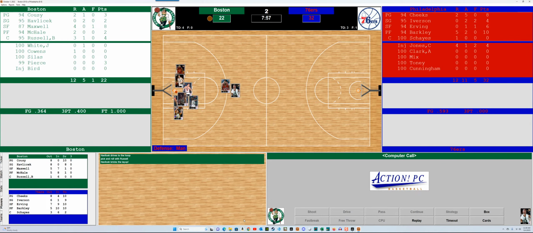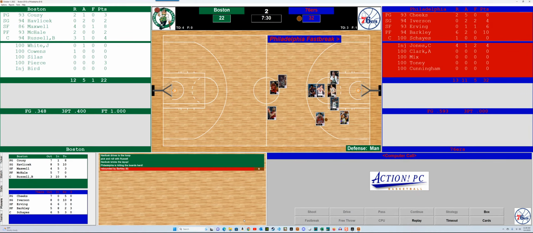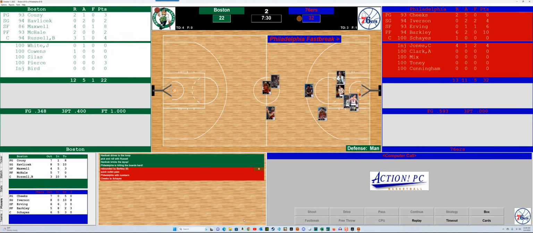Pick and roll with Russell. Havlicek layup, missed it. He bricks it. Rebounded Barkley. Fast break. Cheeks has it. Quick outlet pass. Cheeks to Shays. Video ahead of play-by-play on that one. That's what I just make a mental note. Video is a little ahead of the play-by-play. Let's see if